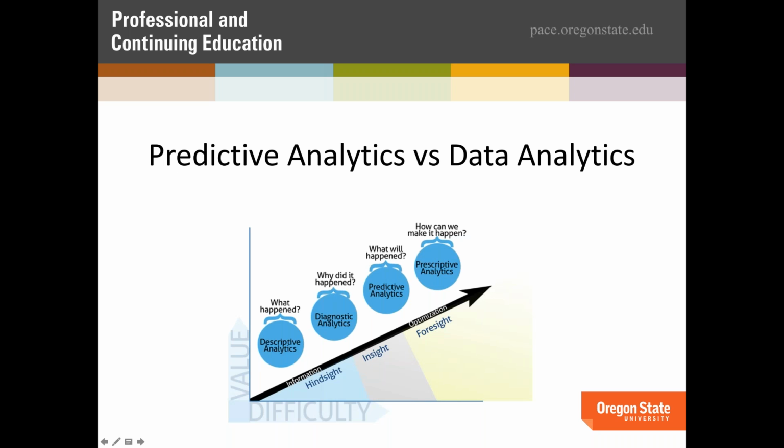And then the final thing gets to more of a business optimization. How can we make it happen? So you actually flip the script and you set up your business to get the results that you want to get. And that's kind of the holy grail for a business. So we start with the fundamentals and then we move into the predictive foresight concepts.